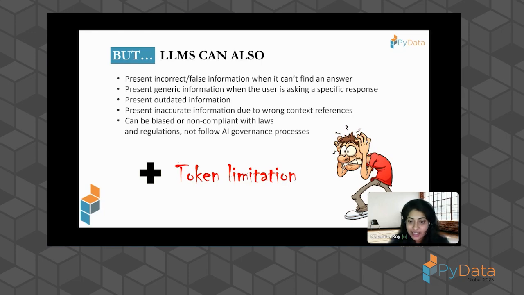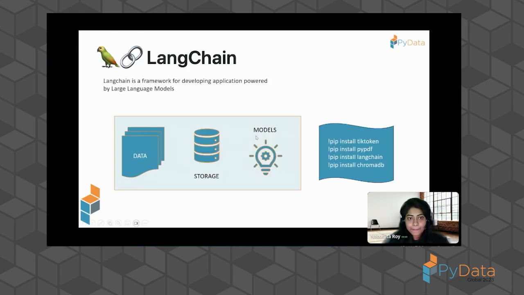So all these kinds of things also reigned in 2023 this year. Conversations around how to tackle this context window limitation. And LangChain came in as one of the saviors in terms of tackling that issue. And today we will see how we can do it. Okay. So that comes with that, we come to LangChain.